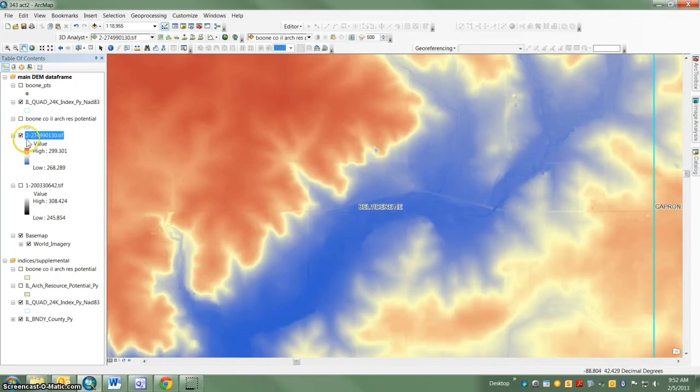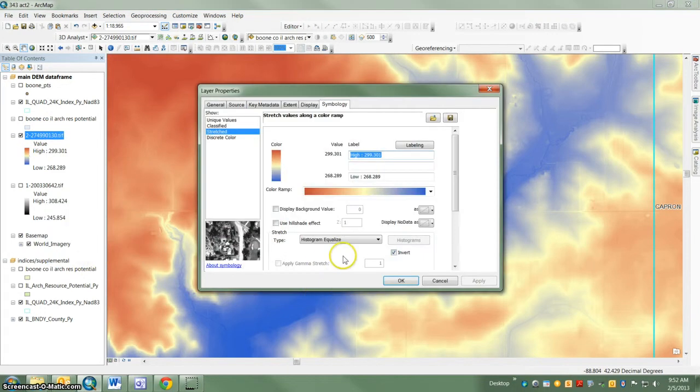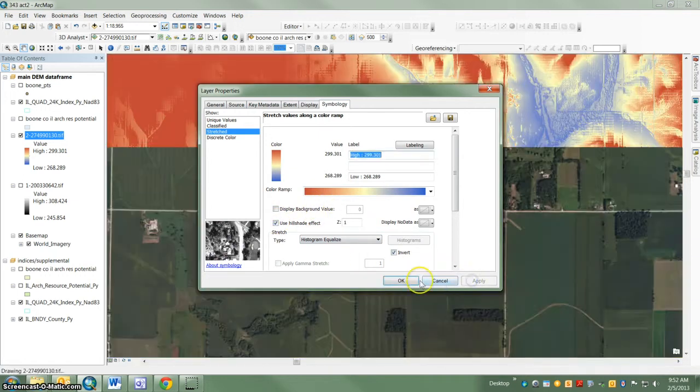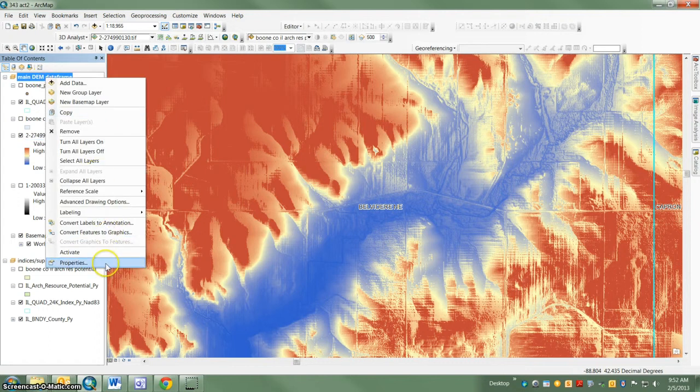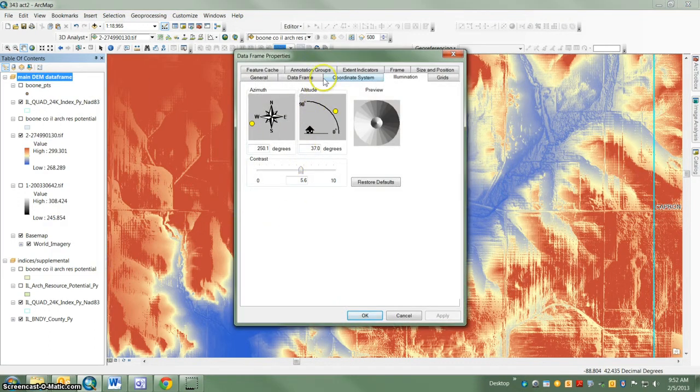You may want to use it this way. I'm not saying don't use it this way. I'm just saying this is a setting that you can change here, and I am using it with the hillshade on. Okay, now with the hillshade on in the data frame properties, you can use the illumination tab in the